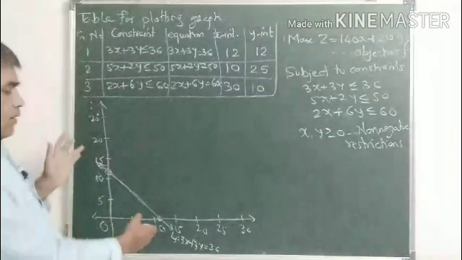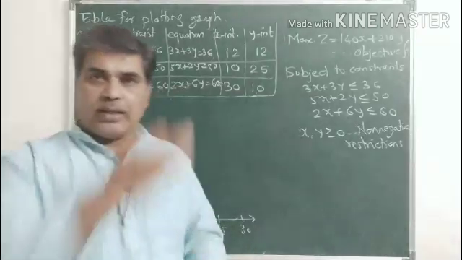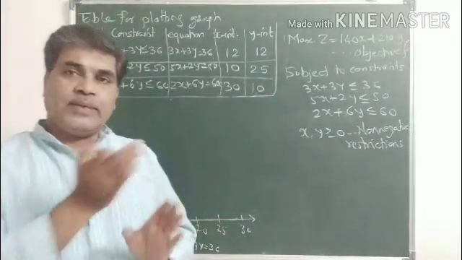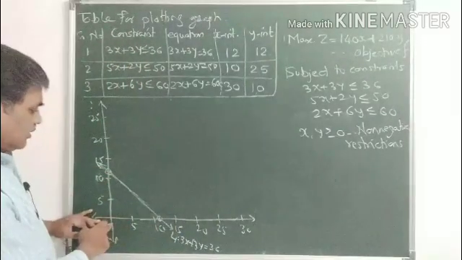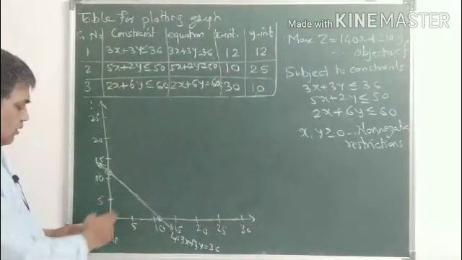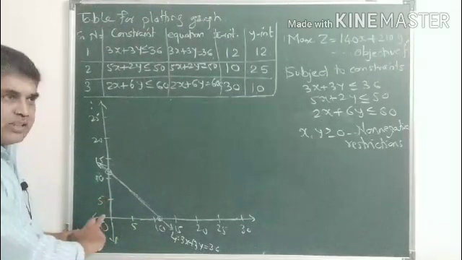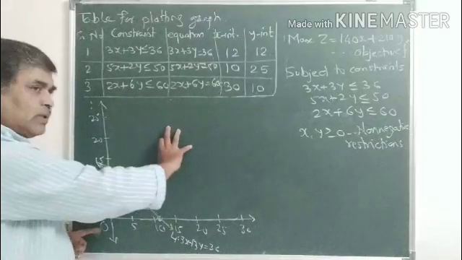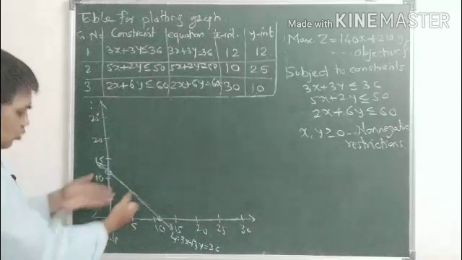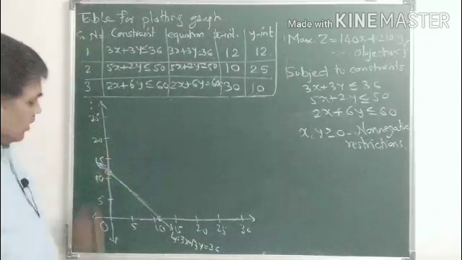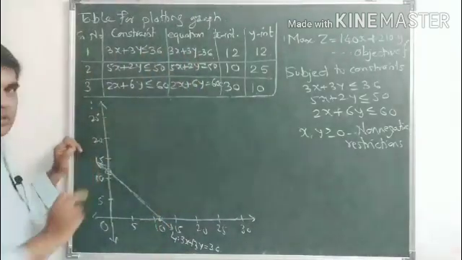In a plane, any line divides the plane into two parts. If I draw a line on a plane, then it always divides the plane into two parts. If it doesn't pass through origin, then we'll call the region on the origin side, 0, 0, the origin side region, and the region on this side the non-origin side region. Every point on this line satisfies this equation.